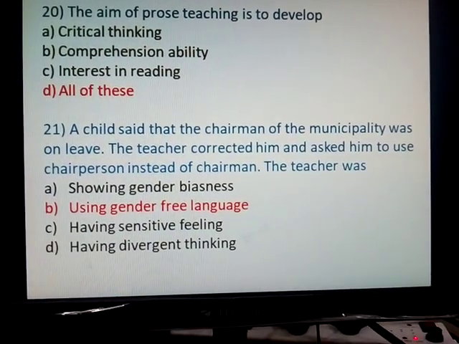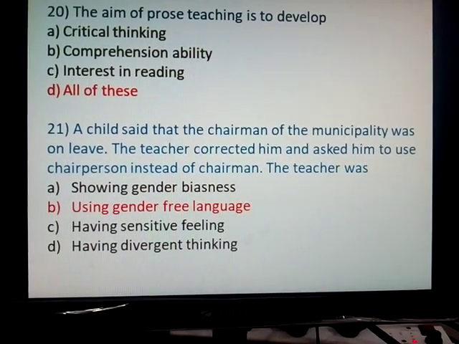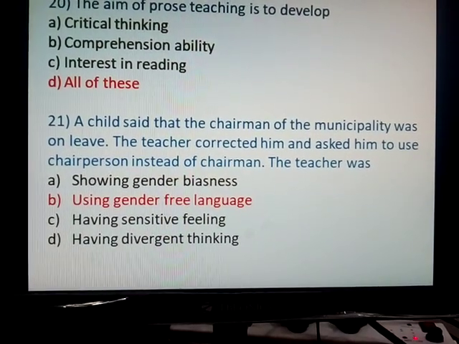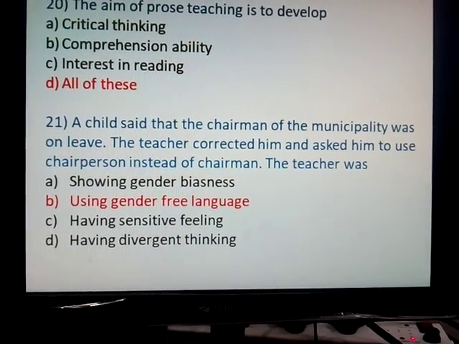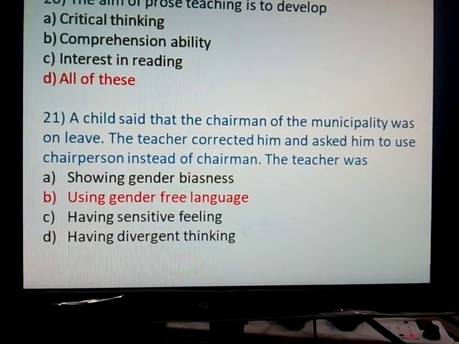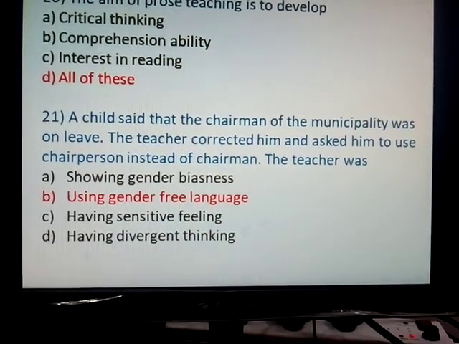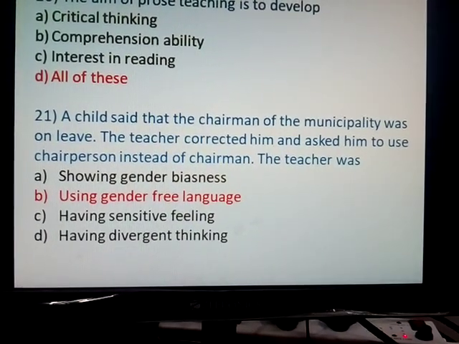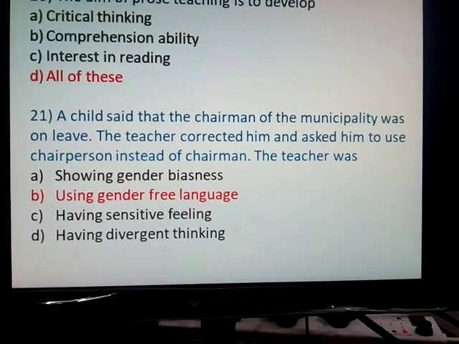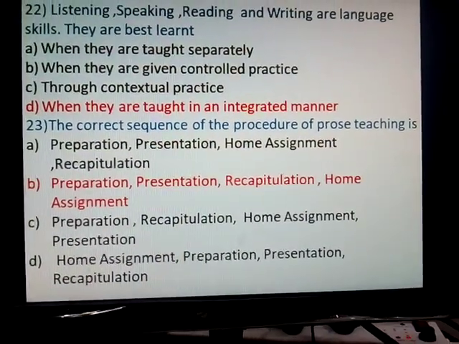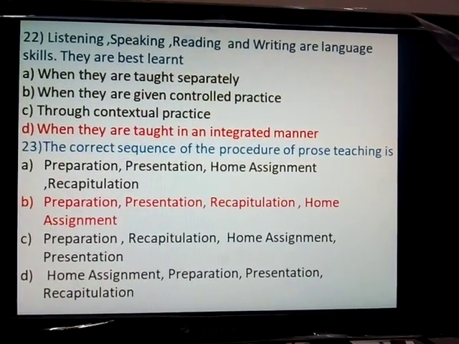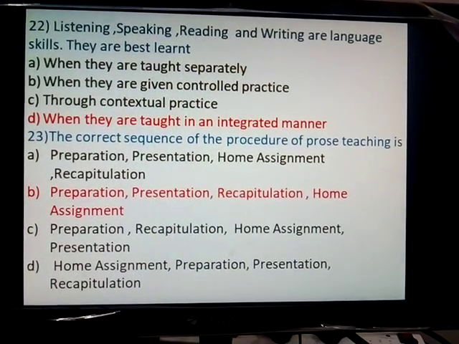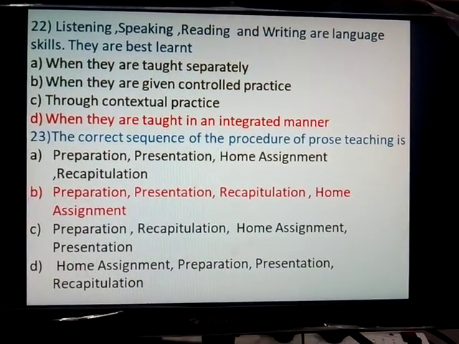A child said that the chairman of the municipality was on leave. The teacher corrected him and asked him to use chairperson instead of chairman. The teacher was, answer B, using gender-free language. Listening, speaking, reading and writing are language skills. They are best learned, answer D, when they are taught